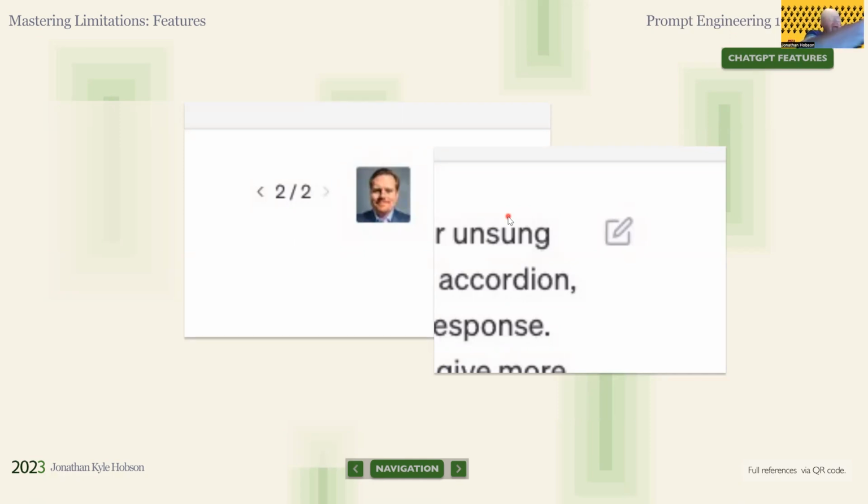You can also use the edit function. So on ChatGPT, there's a little edit button. You can click that. I think you can do it on the free version, and you can edit your prompt. Let's say you made a mistake, you forgot to add context, you want to go back. This is also a great way to override that short-term memory limitation, because you can go back in the conversation